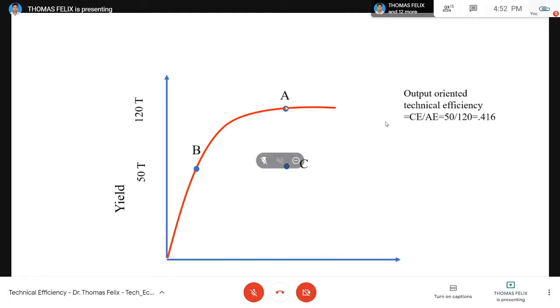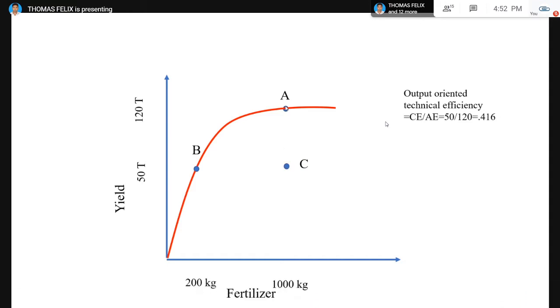So actually, technical efficiency is a relative measure. That means I can relate the highest yield attained by that area, or at the village level, so I can relate each individual farmer's yield with the maximum attainable yield. Because of that, technical efficiency is a relative measure. It's not an absolute measure. So you have to know that technical efficiency is a relative measure.